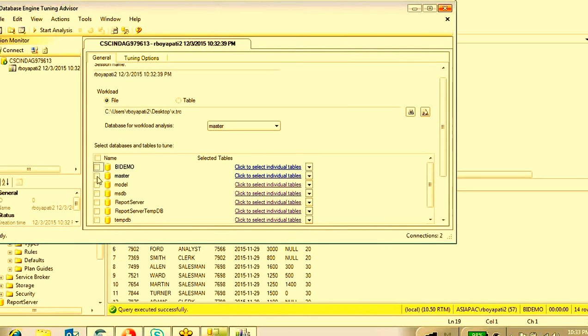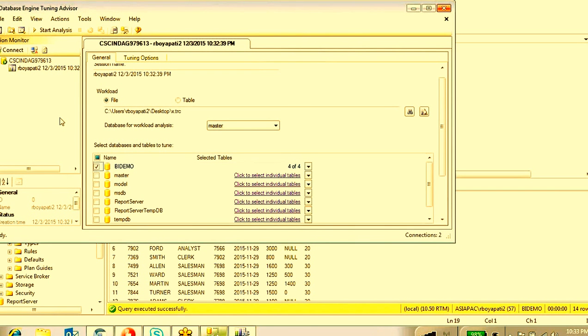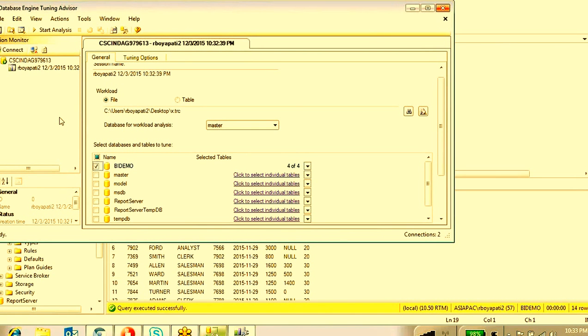Okay, and choose which database you are going to run this Database Tuning Advisor on. It will do some analysis on that particular trace and the particular database. Finally it will tell you, to improve the performance of these SQL queries or this database, on which tables we have to create indexes, and it will give the index create structure also.